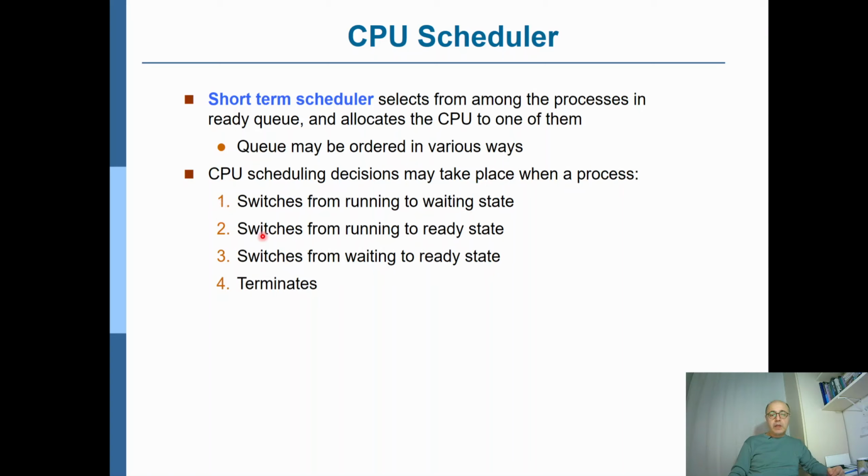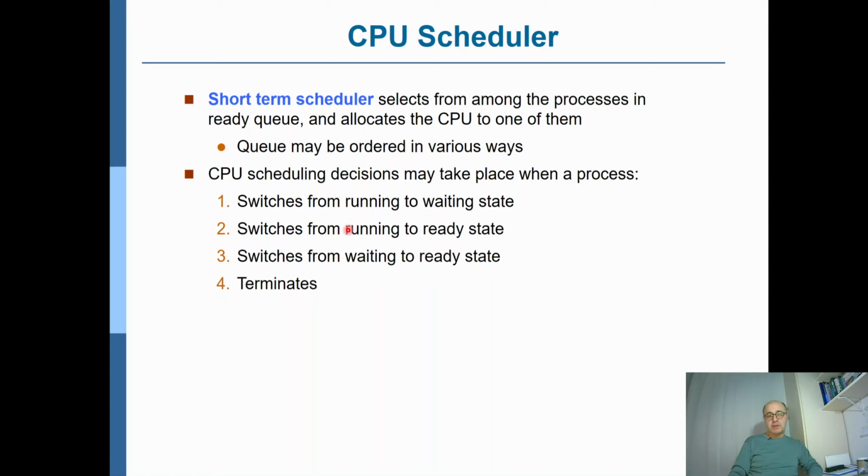Or if the process is again running in the CPU, but the time slot you have assigned to that process has expired, that means the process has been in the CPU for too long, to allow for the other processes to take their turn, you put this process out of the CPU, but put where? You cannot put it in the waiting queue because actually the process did not try to do I/O. The process actually should be scheduled when the CPU becomes available. Therefore, you put that process back in the ready queue, so its state also changes to the ready state from